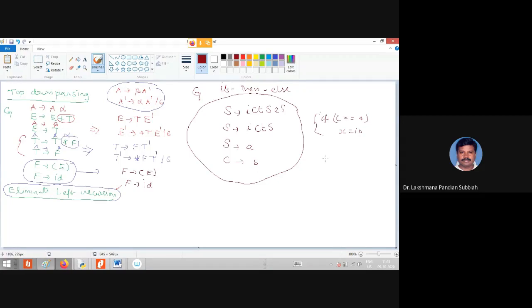In the other case, if condition c equal to 4 then x equal to 10, else x equal to 20. So this is the if then else statement, the first case and the second case.